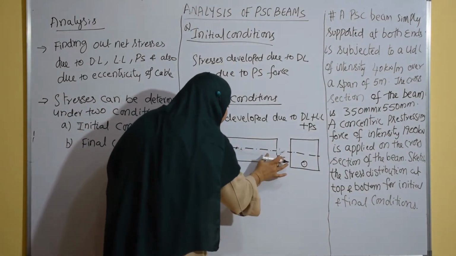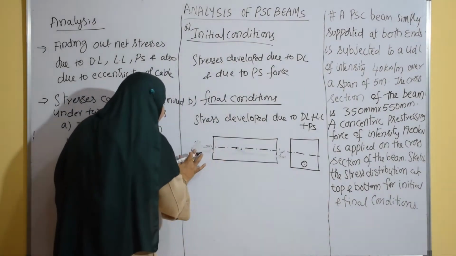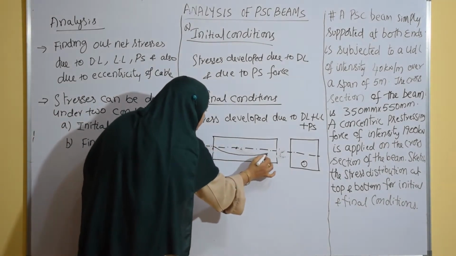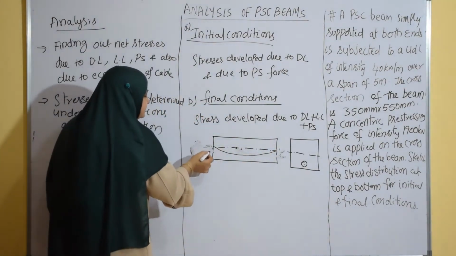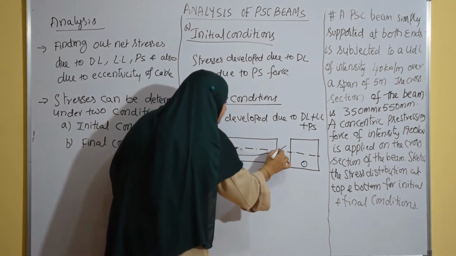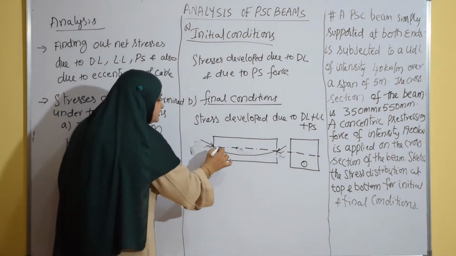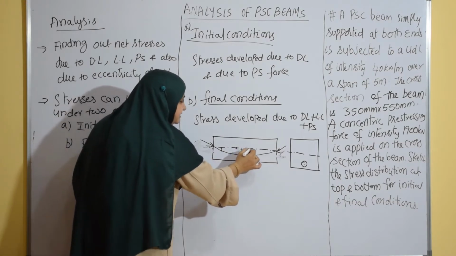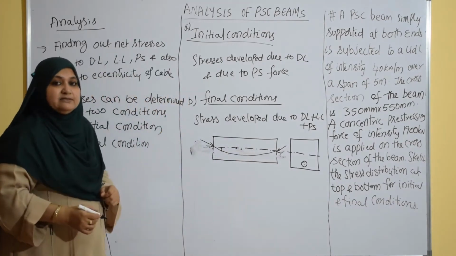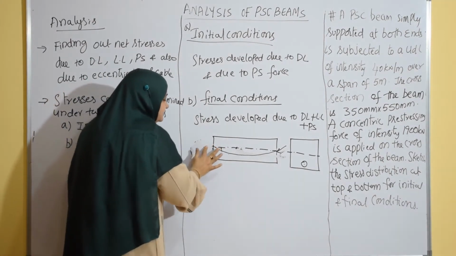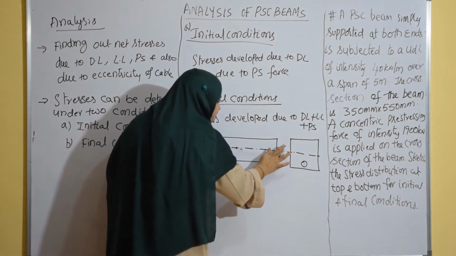Okay, so we also have another type of pre-stressing, that is the cable will be having this type of profile. Then you will apply pre-stressing eccentrically, right? So this will be your pre-stressing force. So the eccentricity is varying. Here the eccentricity is E1, here the eccentricity is E2, here E3, here E4. So this is a tendon with varying eccentricity. Fine. So these three types of problems or analysis we are supposed to do, right?